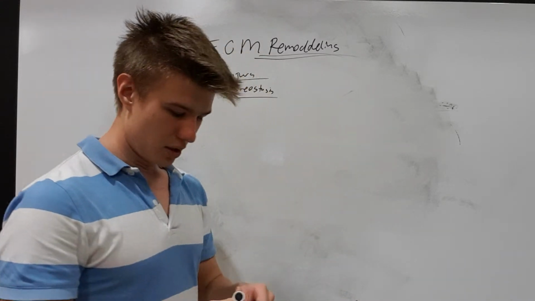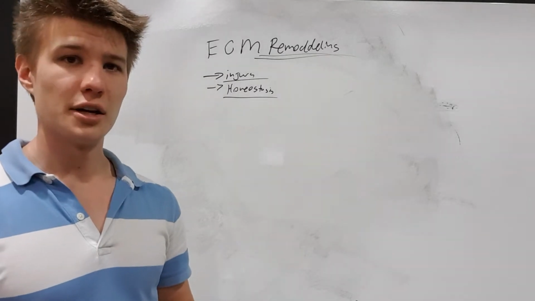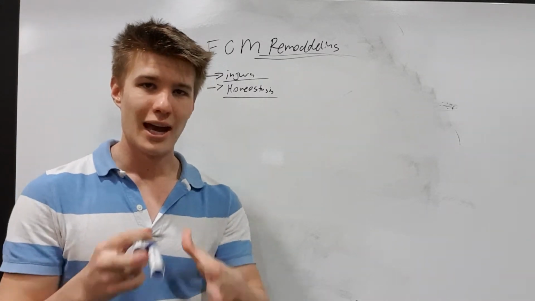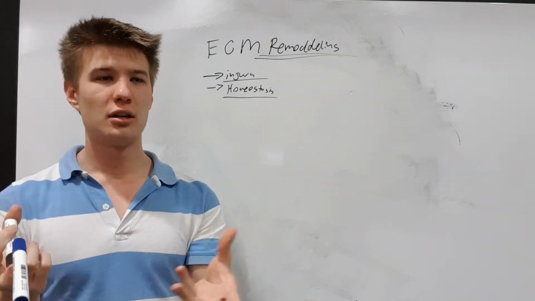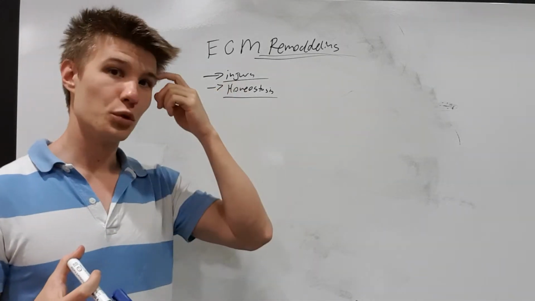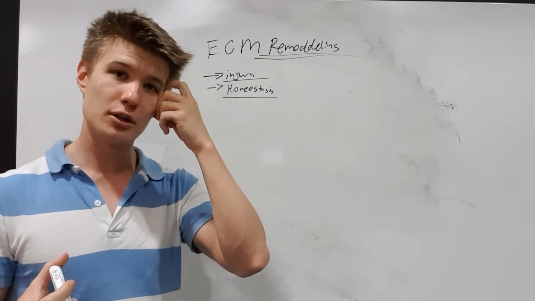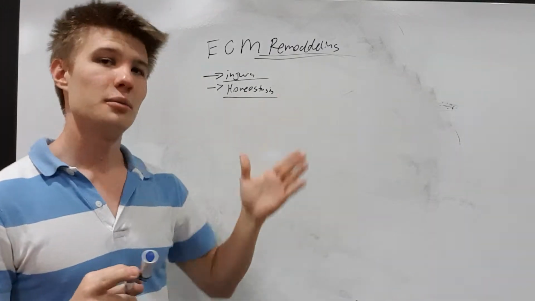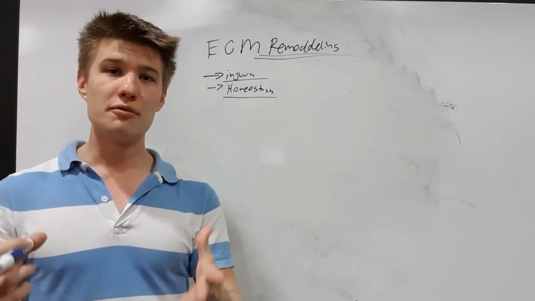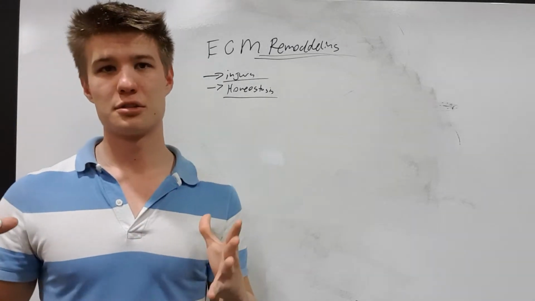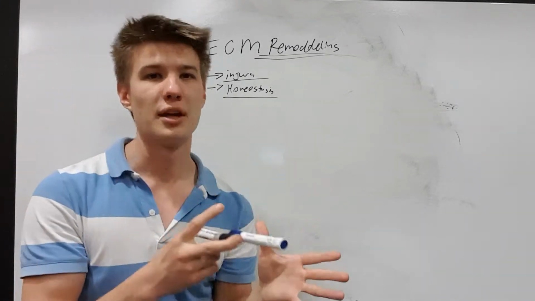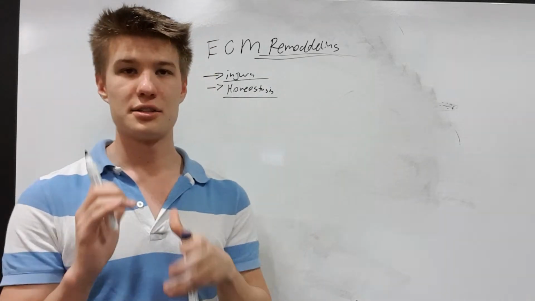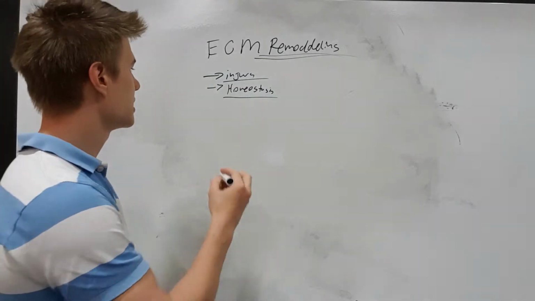Right? In a lot of situations, cells need to be able to break down the extracellular matrix and change the structure, replace wounded tissue, or break down a blood clot, create a blood clot, all of these kind of things that are involved in homeostasis involve the upkeep of the extracellular matrix and therefore the breakdown and build-up and the remodeling of the extracellular matrix. Now this is important because in the extracellular matrix,